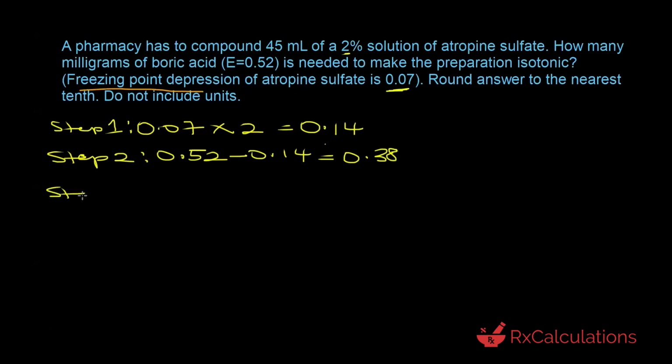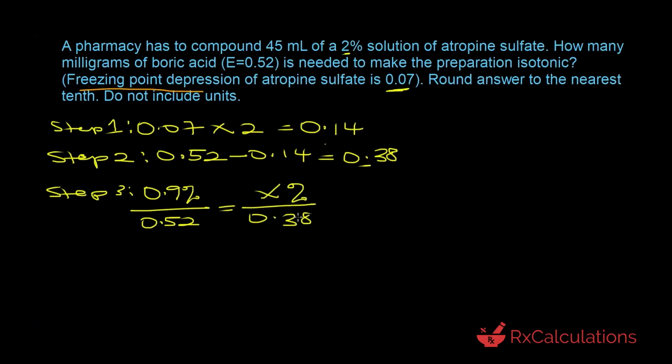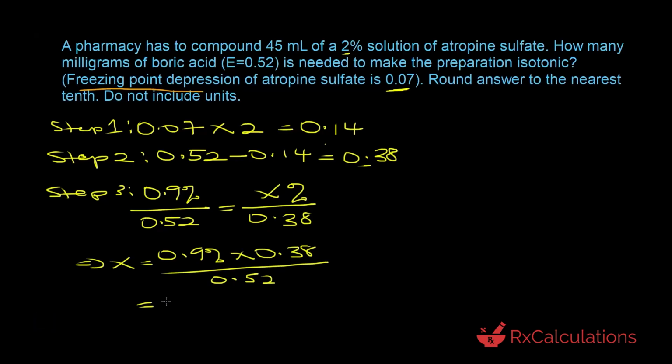Now, the way we want to do that is we first are going to do a step 3. And here we are going to make the statement that 0.9% sodium chloride solution has a freezing point depression of 0.52. As we mentioned in class, the 0.9% sodium chloride solution, also known as normal saline, is isotonic, and anything that is isotonic has a freezing point depression of 0.52. So now this is going to be equal to some percentage over the value you get in step 2. So when we solve for x, it is going to be equal to 0.9% times 0.38 over 0.52, and now that gives